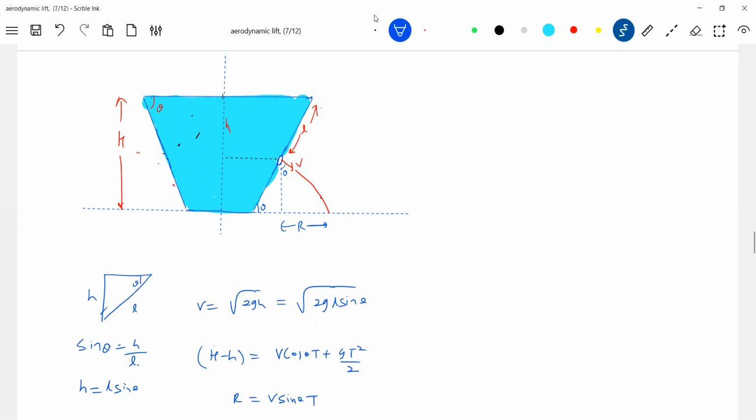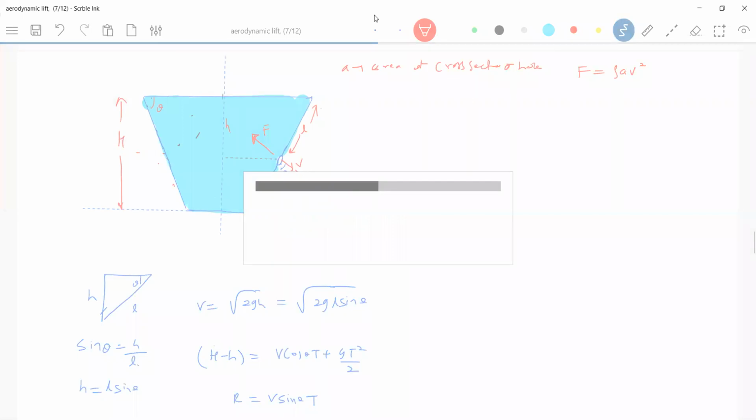How about the thrust force? The thrust force will act normal to this. Let A be the area of cross section of the hole. Look at the normal contact force. Normal contact will be different. In both cases, the weight of the liquid is the same. Here, the component of thrust force will act vertically up. In the previous problem, the component of the force acted vertically down. So definitely the normal contact force experienced will be different.